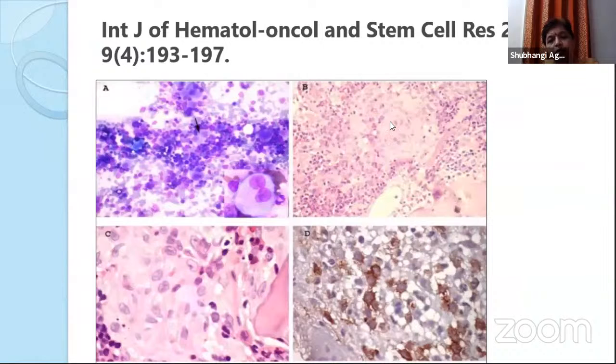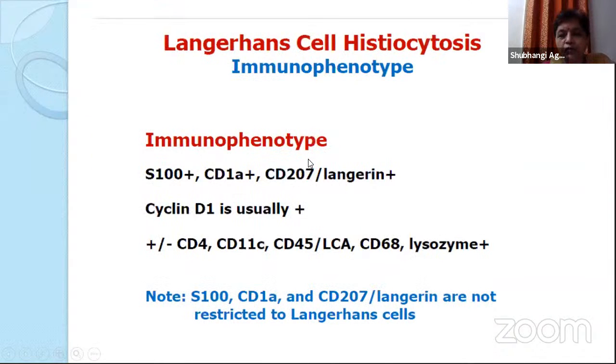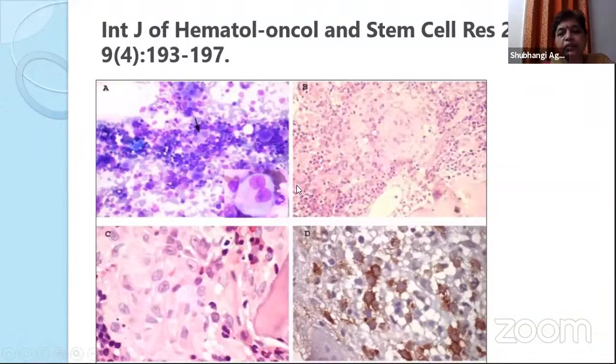Now this is a study from North India, and these authors have studied 5 to 6 cases of Langerhans cell histiocytosis involving the bone marrow. And according to them, this is the aspirate. According to them, there are 2 to 3 cells present in the bone marrow in many of the cases of these Langerhans cell histiocytosis on the aspirate. So this is the aspirate from their case, which is showing presence of only 2 to 3 cells in the cluster of hematopoietic cells. This is megakaryocyte,